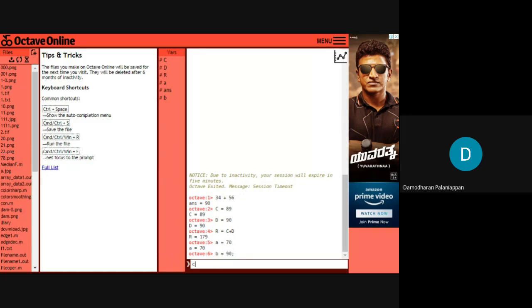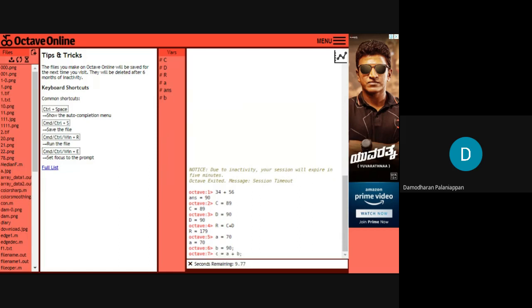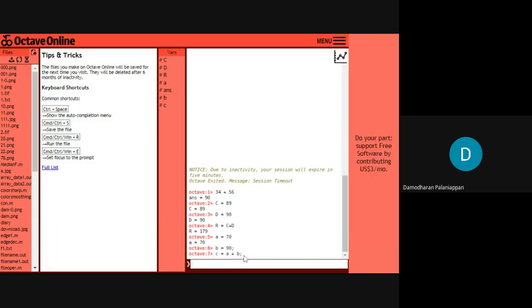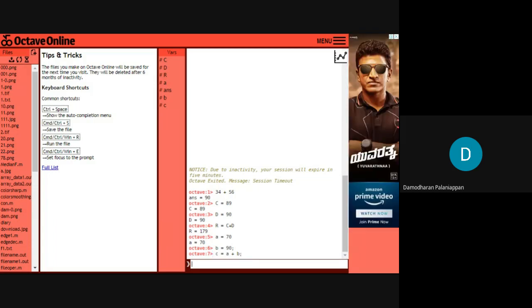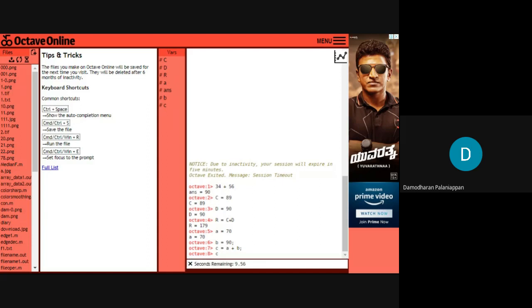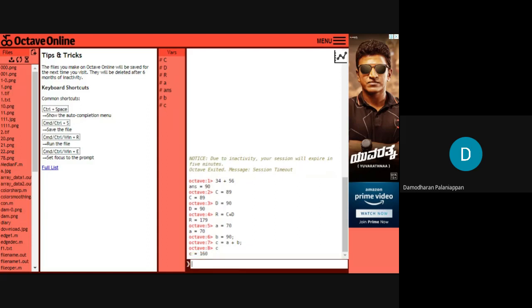Now we can see C is equal to A plus B semicolon. It performs addition, 70 plus 90, and 160 will be stored in the variable C. If I give a semicolon, it is implicit and will not display the result. If I want the result, I just type C, and we get the result as 160. So it can be executed in the implicit mode as well as the explicit mode. You do not need to give any data type declaration. According to the value, it automatically converts the variable into its equivalent data type.